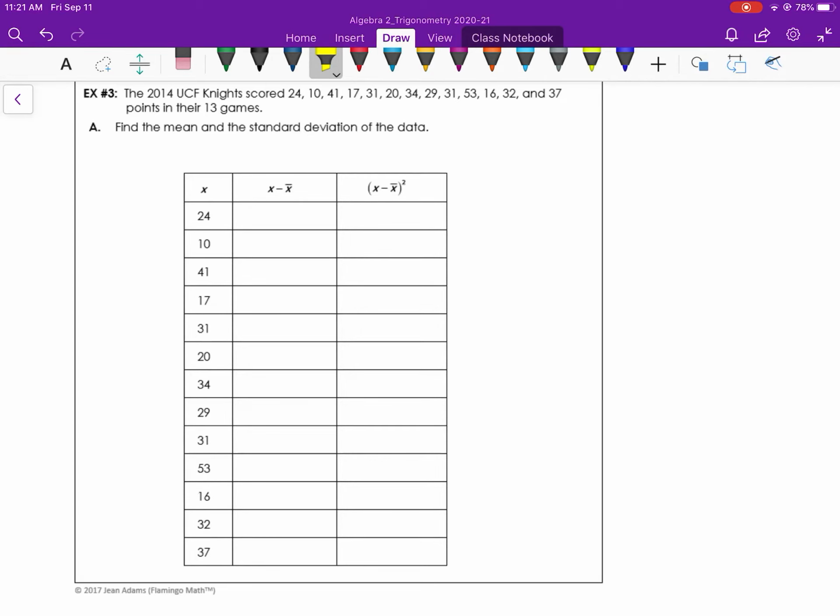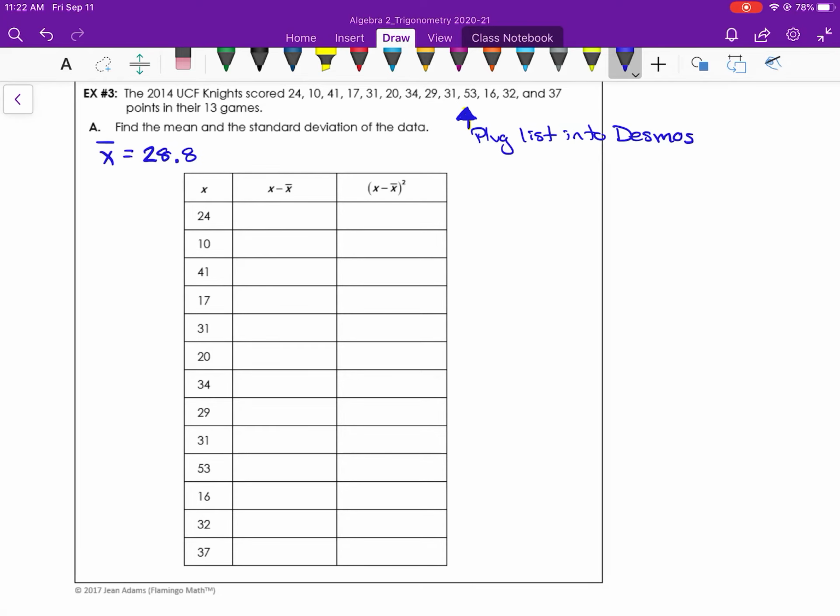Alright, so example 3, the 2014 UCF Knights scored these points in their 13 games. We're going to find the mean and standard deviation. Alright, so plug these values into your list in Desmos. And then if you use the same thing as the box and whiskers, the mean's calculated in there too. So our mean, our x bar, is 28.8. Alright, so if you go through this, in order to figure out the standard deviation, we